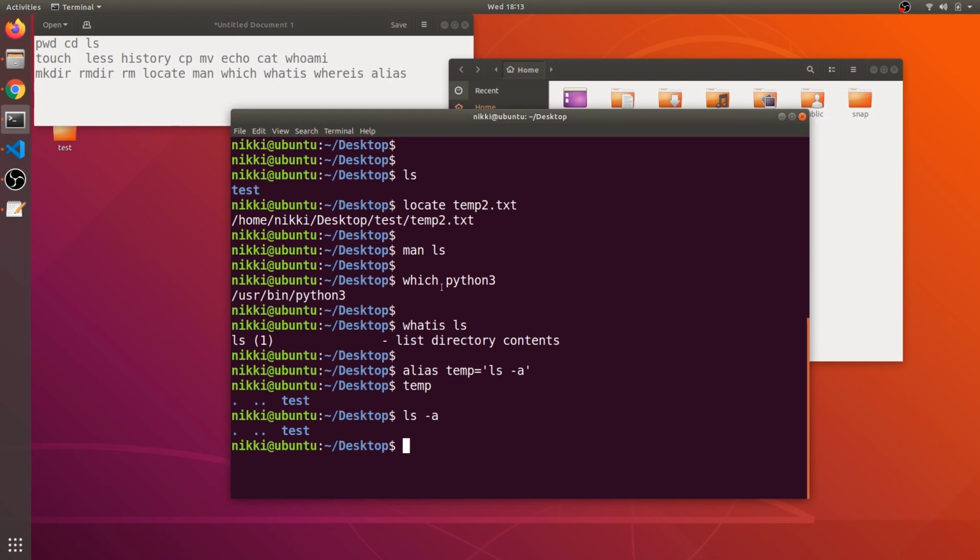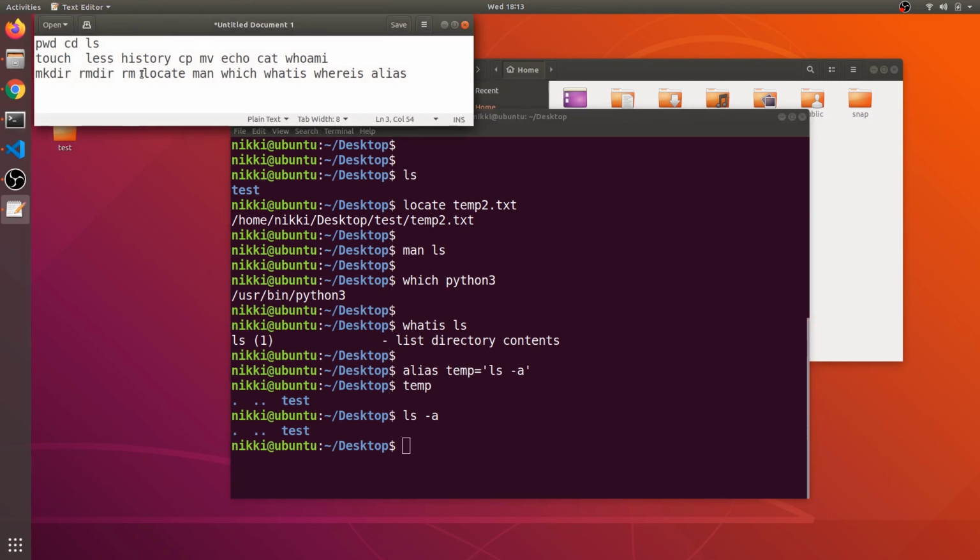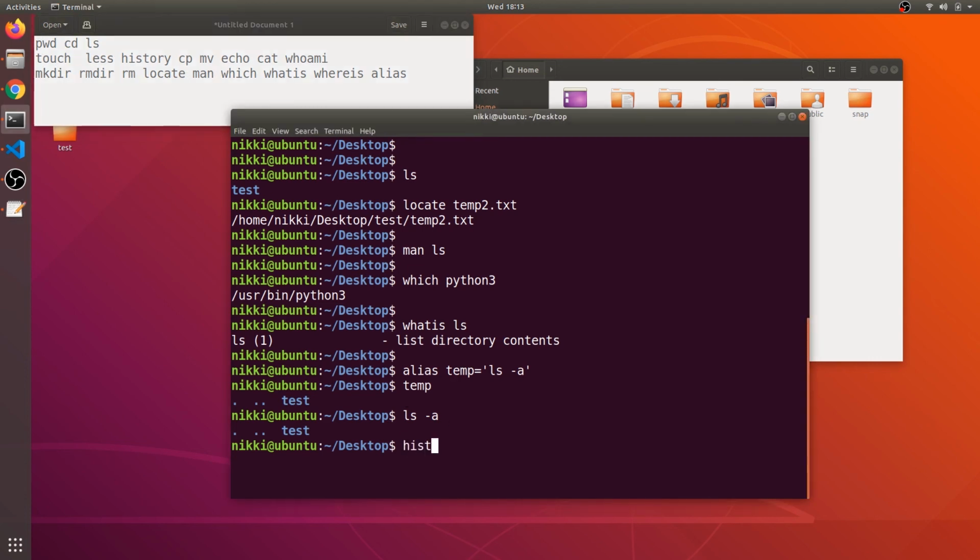So I think I have covered all the commands, guys, in this file. Okay, I have not covered history. So the history command tells the history of the commands you have given to the shell.